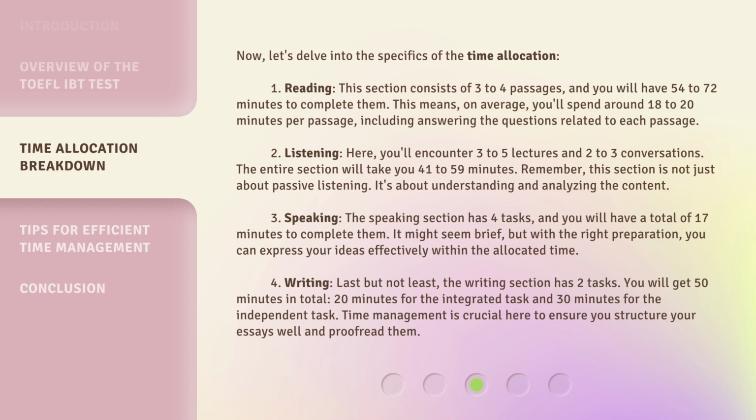Now, let's delve into the specifics of the time allocation. 1. Reading. This section consists of 3 to 4 passages, and you will have 54 to 72 minutes to complete them. This means, on average, you'll spend around 18 to 20 minutes per passage, including answering the questions related to